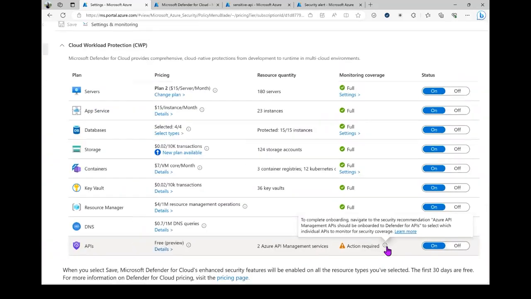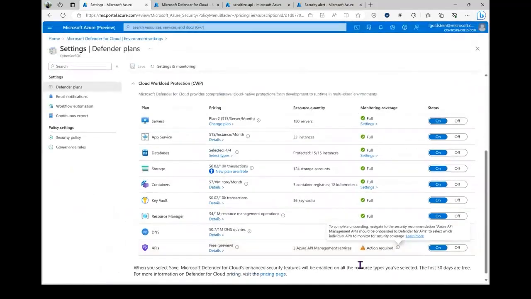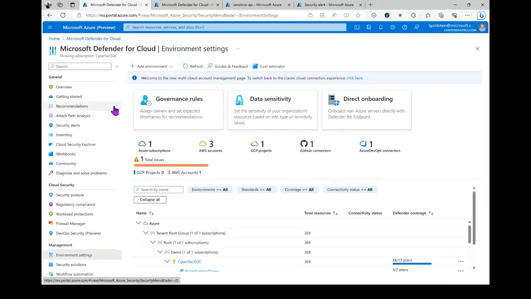Because we are currently requiring customers to onboard each API collection separately to Defender for APIs so we can begin to give them security coverage for those API collections. So in order to enable that, I would then go into the recommendations view within Defender for Cloud.